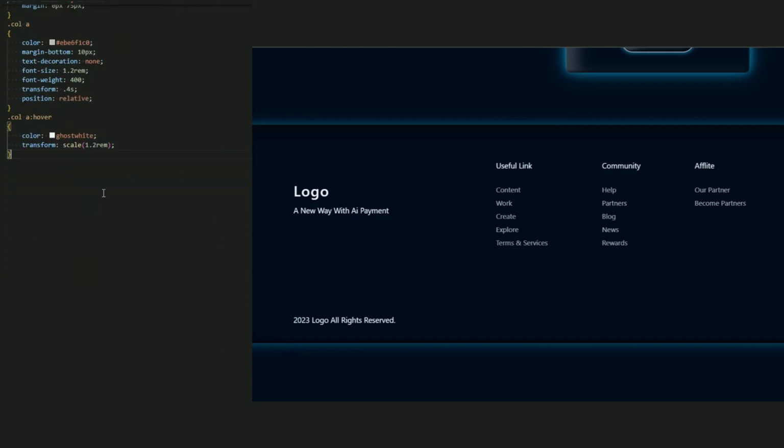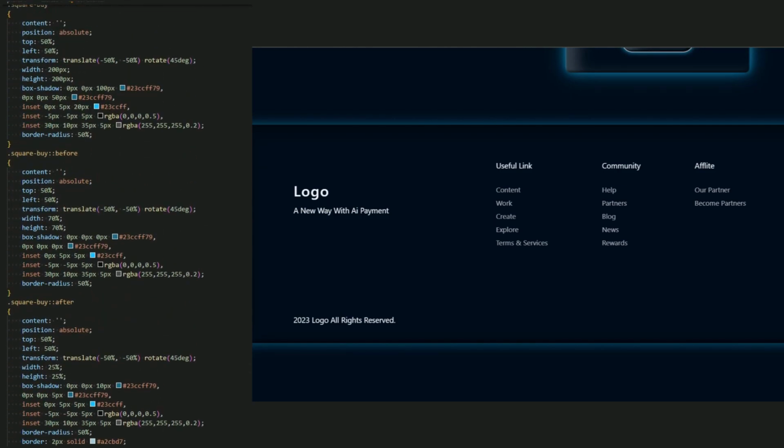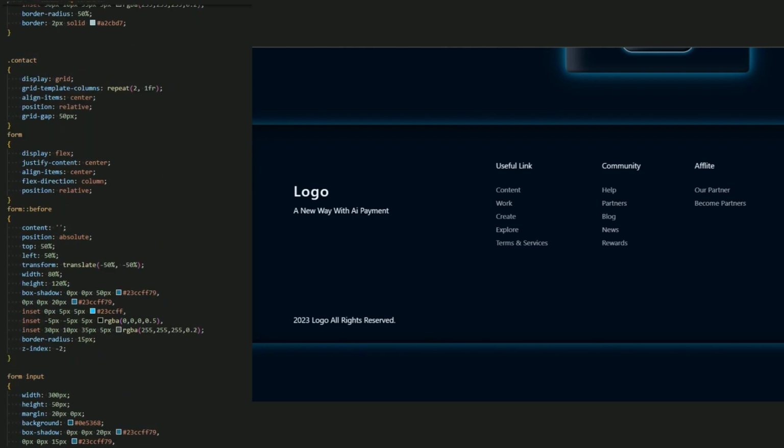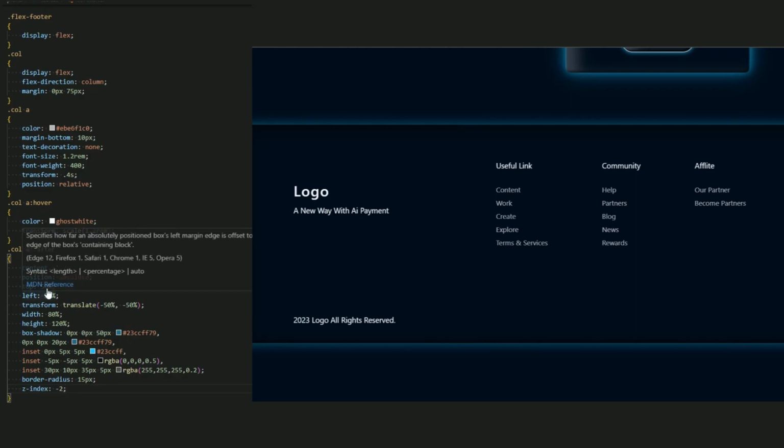Okay, let me just create this circle. So let me just create after or before. Let me just create after. Yeah, after instead of before. And let me just copy a circle of, you know what, let me just copy this instead of that. Yes, copy and paste it here for the after. Okay, the top be 56% and left be -28%. Yeah, let rotate. It's a circle. Rotate 45 degree.